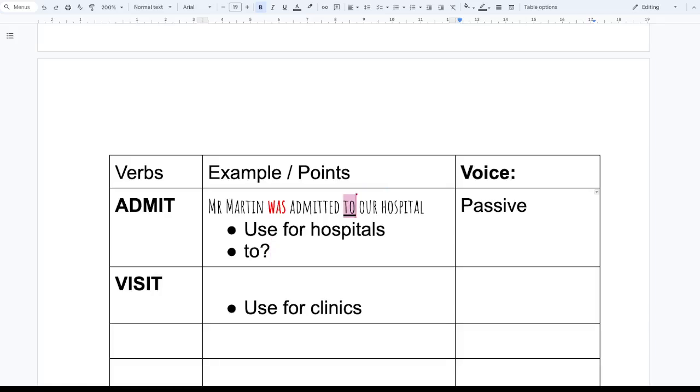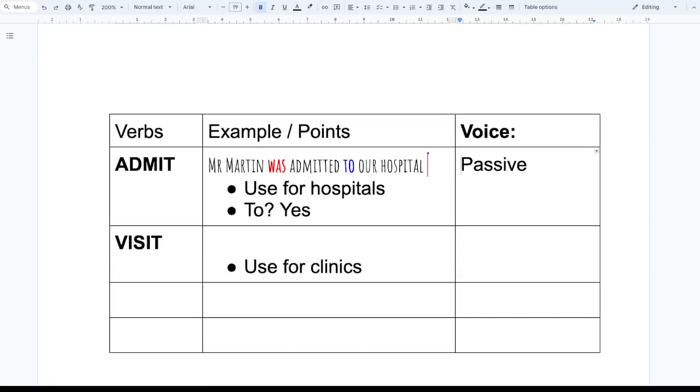To, admitted to. Let's get a green colour which is not quite so intense. Is this good or bad? To. The answer is yes. We should use to, right? Admitted to. We need that. So it's in passive and we use to. Okay. What about visit? What if I say on visits, for example,